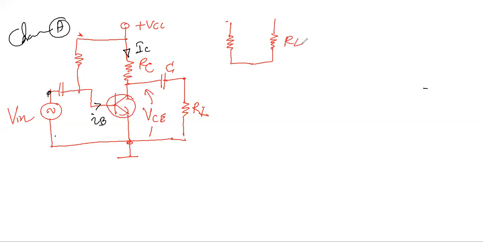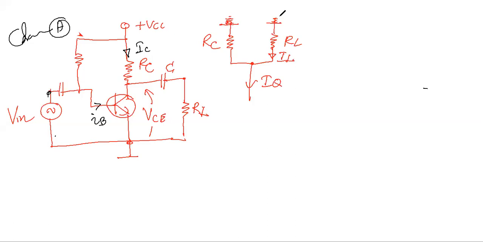You have RL here. Here you have RC, and just assume the operating current as IQ. Then part of the IQ will go through the load. I write down that one as IL. So this one is grounded, this terminal also grounded.